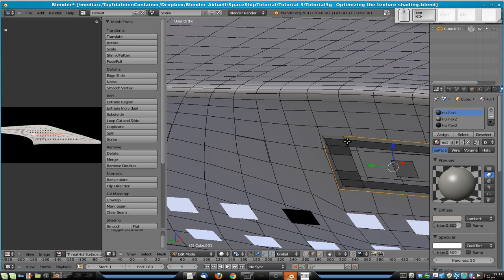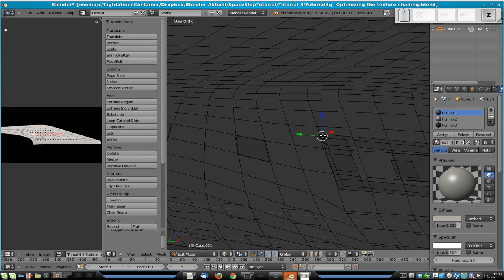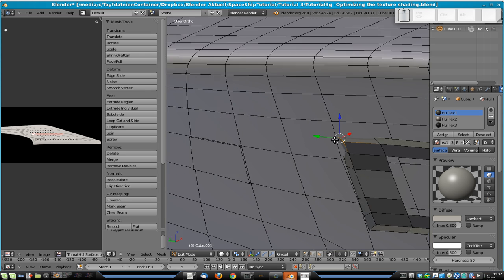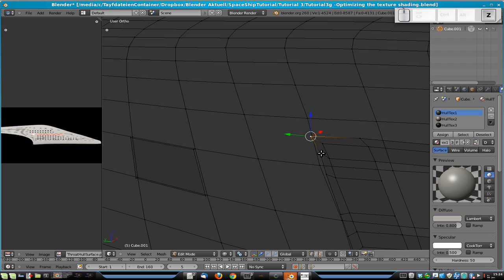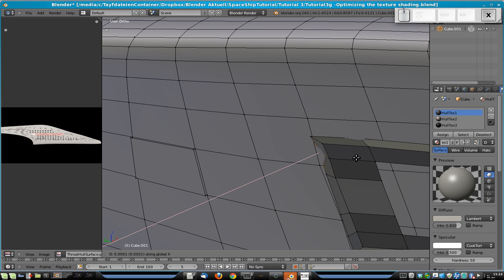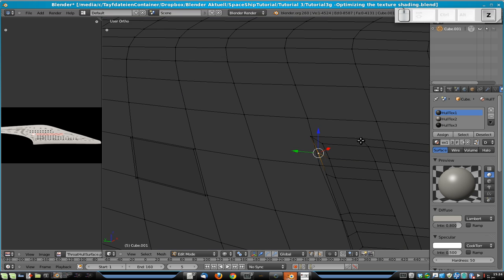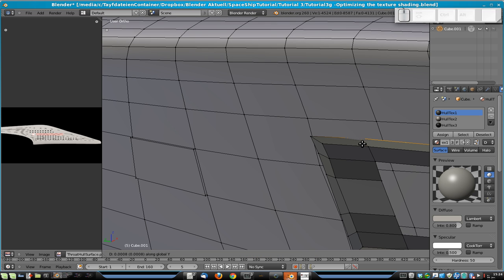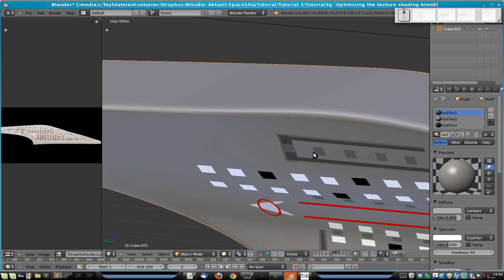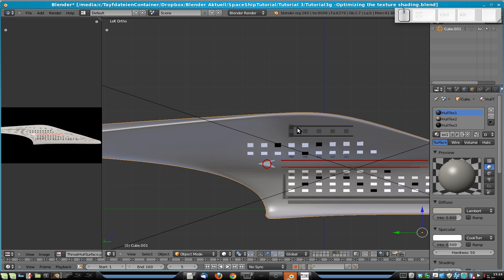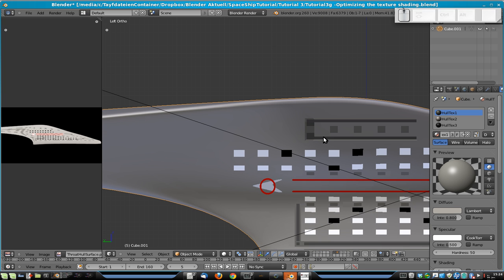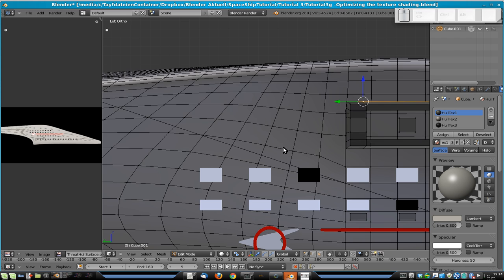But we need to, actually what we need to do is select this vertex here and move it out. Also this one and this one. Now this should become quite a nice look. So then additionally, one last thing